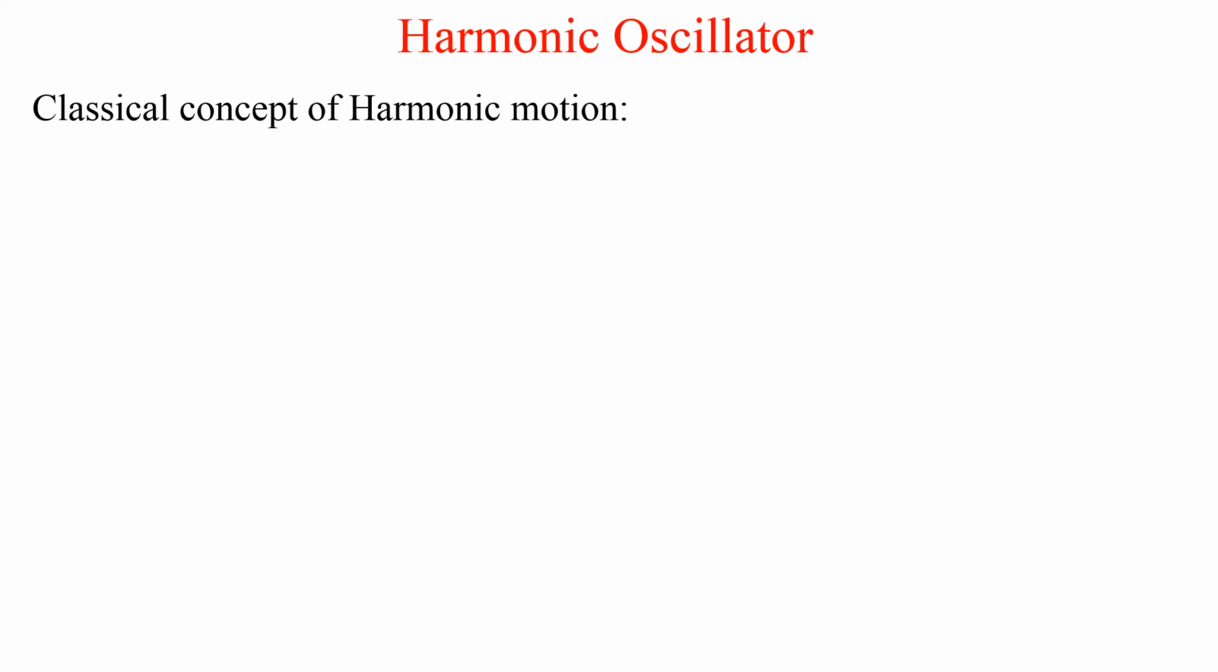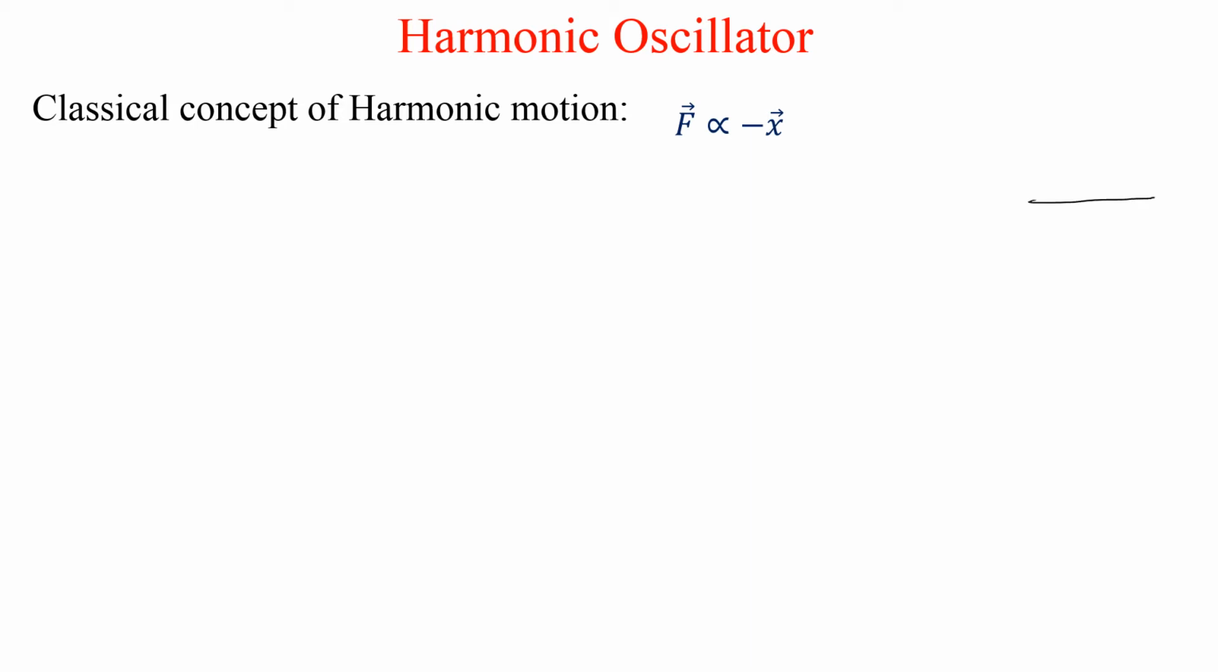Classical mechanics shows that harmonic oscillation is a motion that appears when a body is displaced from its equilibrium position and the body experiences a restoring force proportional to its displacement. That means,